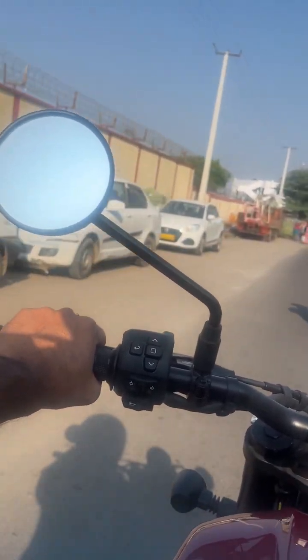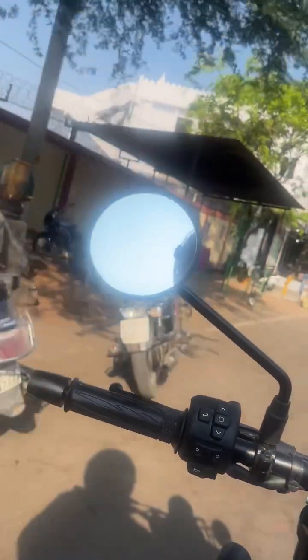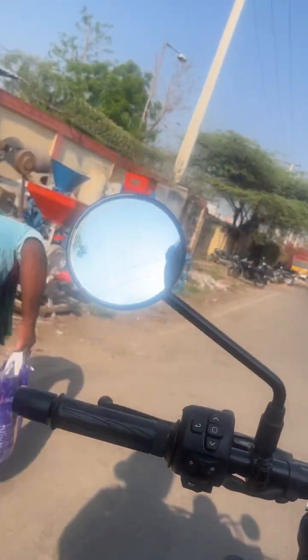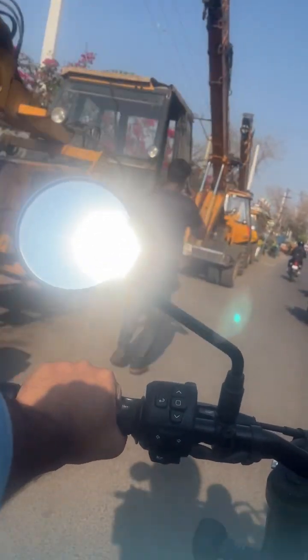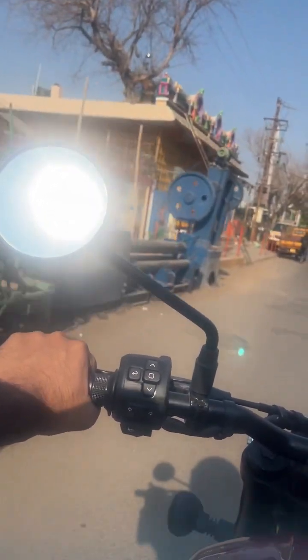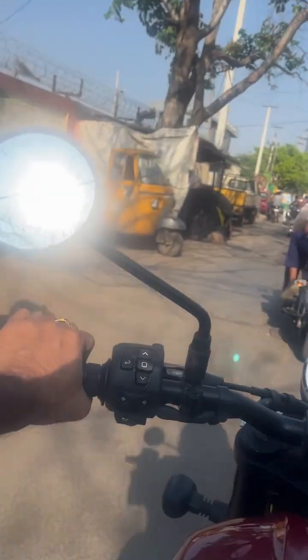Now one more thing is that both have the same bore and stroke, but this makes more power at the same RPM. So this motorcycle is all about feel, all about that pull of the engine at slower speed. The thump like this that you get when you push the throttle. It's not just a quick rev and then